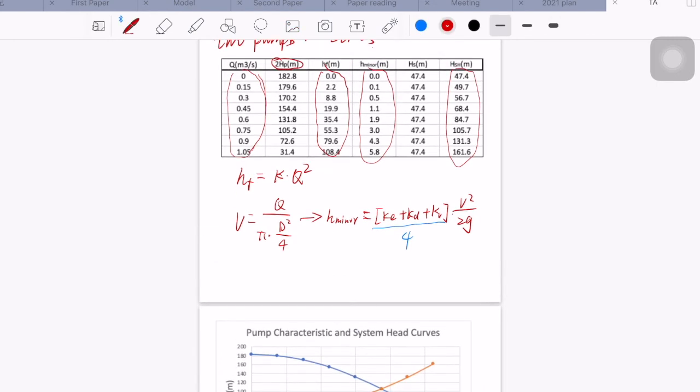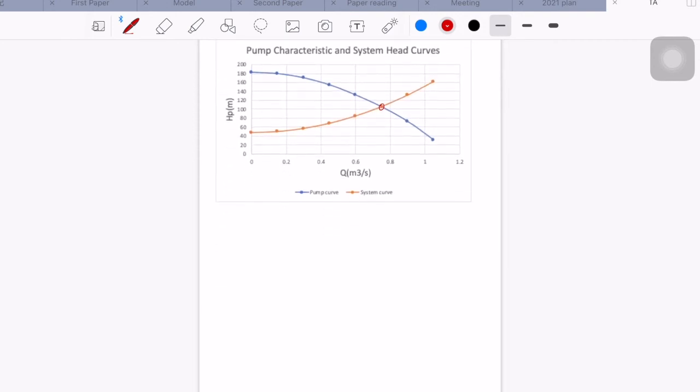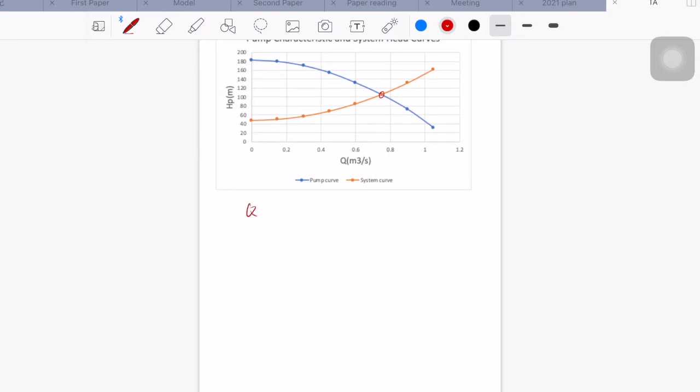And from the table, this row, and the figure, we know the intersection of the pump characteristic curve and the system head curve is at Q approximately equal to 0.75 cubic meter per second, and the HP is approximately equal to 105 meter. This is for the two pumps in series,